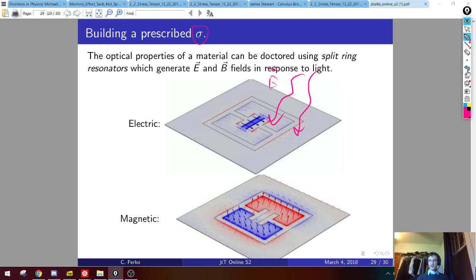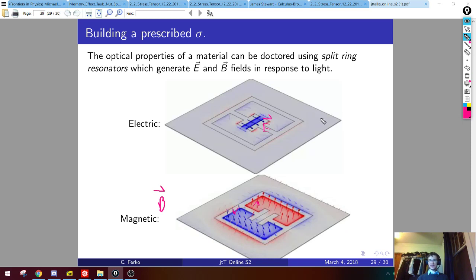So they're drawn here in the top. These blue arrows are the electric field lines generated in response to some light. And at the bottom here, the magnetic field lines are drawn, so blue pointing downwards and red pointing upwards. These are the magnetic field, the B, in response to some applied light. And the point is that